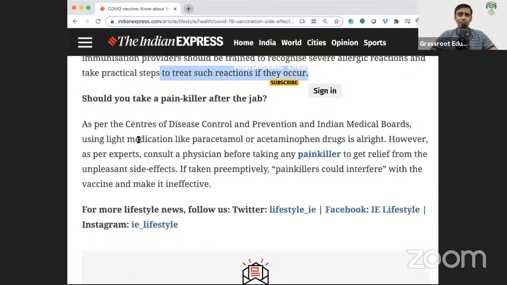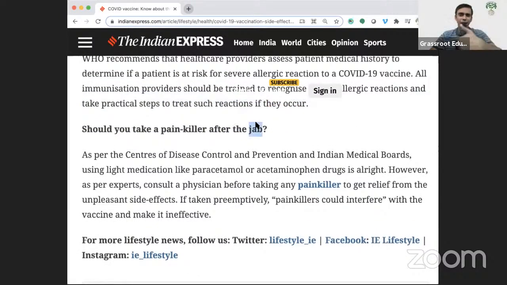One more paragraph, and then we will go into sentence building. Okay. Something that all of you like. Okay. Good. Kinjal. Should you take a painkiller after the jab? Okay. After the jab, should you take a painkiller? Good. Anki Reddy. As per the Centers of Disease Control and Prevention and Indian Medical Boards, so all terminologies, don't worry. As per these people,